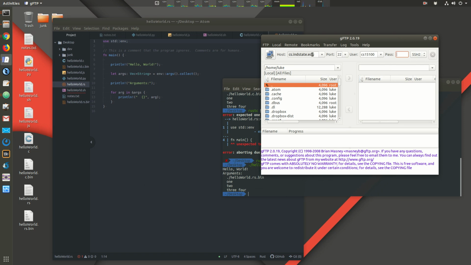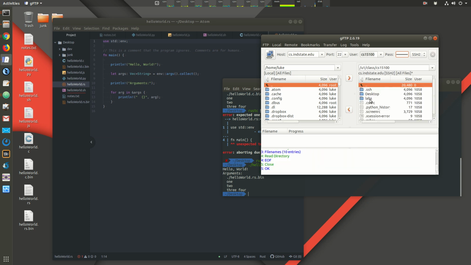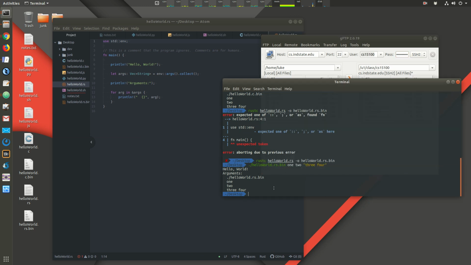So basically you enter in your host, cs.indstate.edu, your username, you type in your password, and then it connects. Okay, so this connects to just my home directory. It's the same as if I